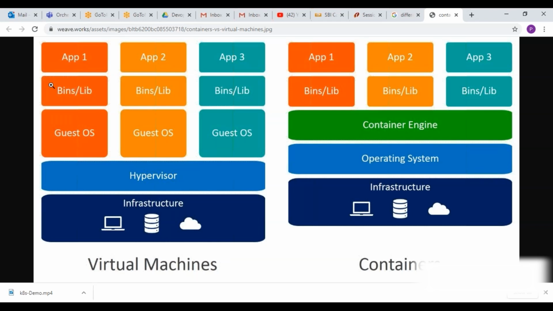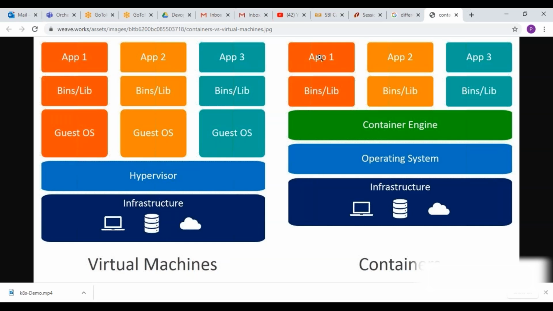So you are going to install, and this machine is going to act like an independent machine. This one, and here we are installing the operating system. On top of that, we are going to install what is called a Docker engine. So we will install this Docker software, which we call the Docker engine. And here we are not installing any operating system. We are creating a container which is going to use this base operating system.